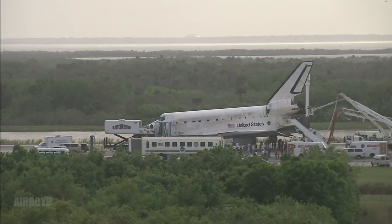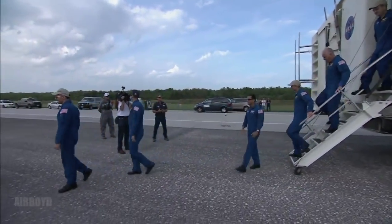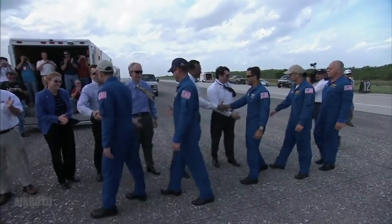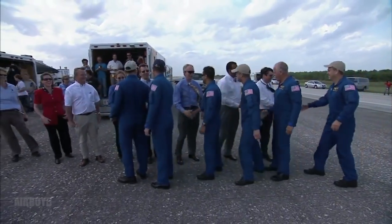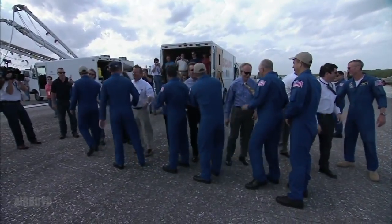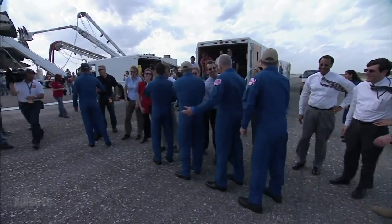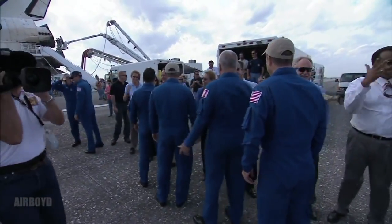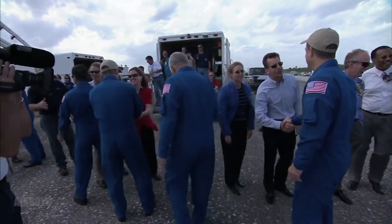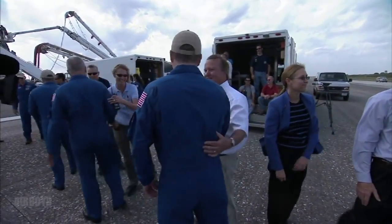And we're standing by as the astronauts are now departing the crew transport vehicle. They are being greeted by NASA Acting Administrator Chris Scolese, Associate Administrator for Space Operations Bill Gerstenmaier, Deputy Program Manager for the Shuttle Program, Leroy Cain, Deputy Center Director for Kennedy Space Center, Janet Petro, Shuttle Launch Director, Mike Leinbach, Director of Shuttle Processing, Rita Wilcoxon, Stephanie Stilson, the Vehicle Flow Director for Space Shuttle Discovery,